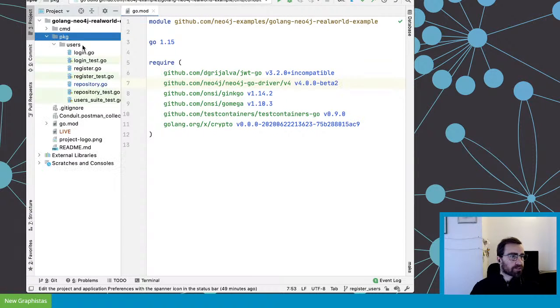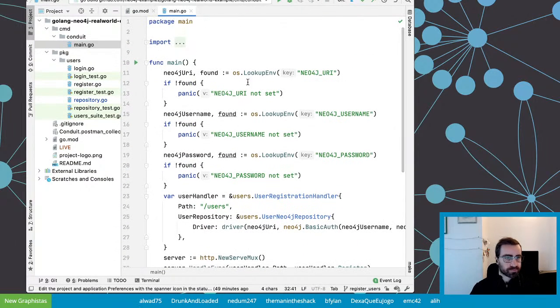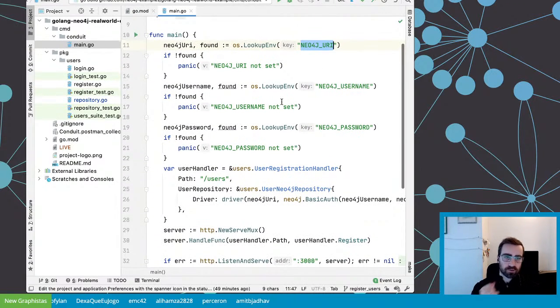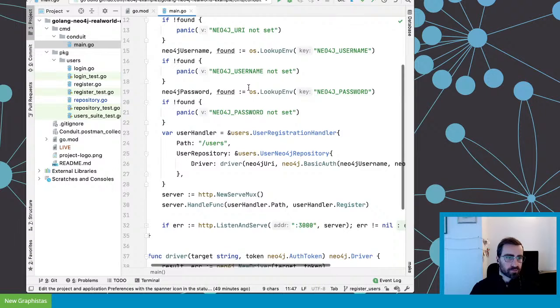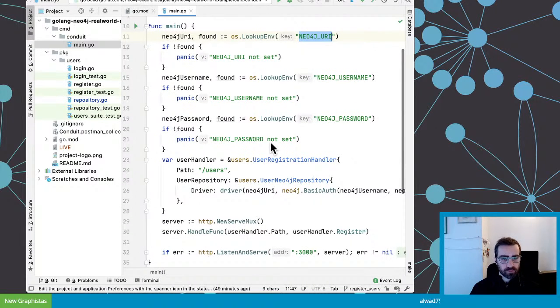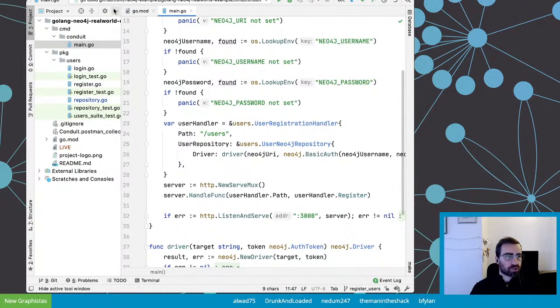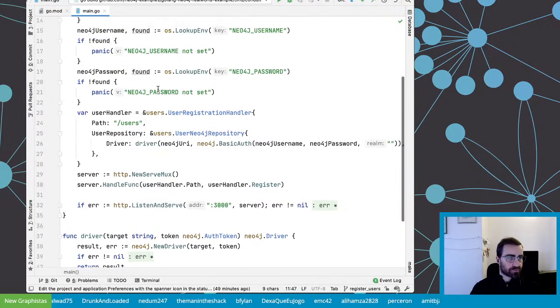All right, so let's have a look. So far we've got the main function that starts our server, that looks for some specific environment data: the Neo4j location, basically the instance location, so the URI and credentials. I could also add the database, because as you may know, Neo4j 4 is multi-database now. For now, I'm just using the default instance. That's something I might revisit later. Not too complicated to do, so maybe I will do that later.